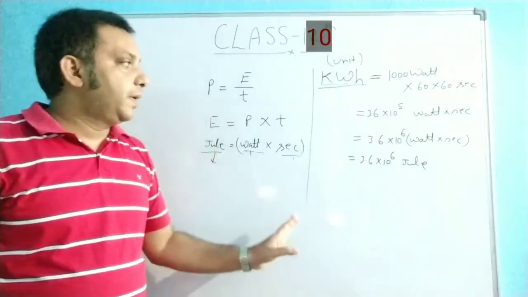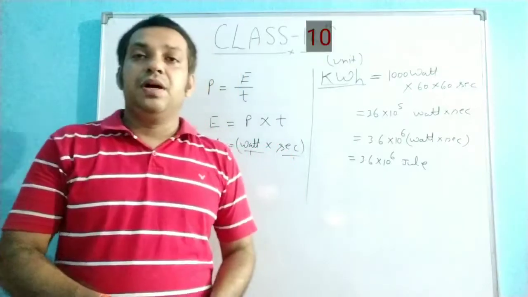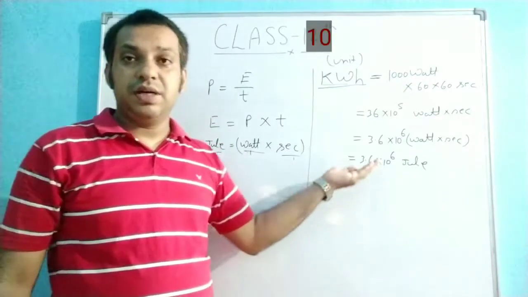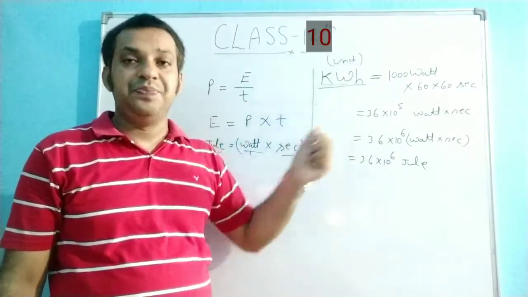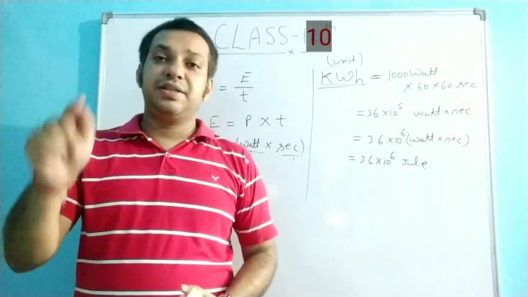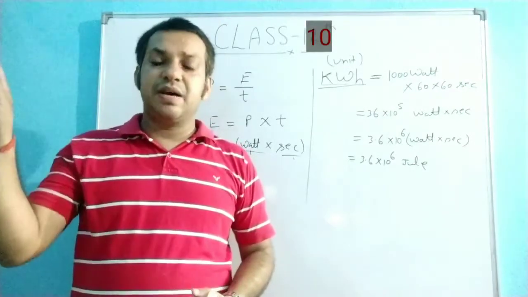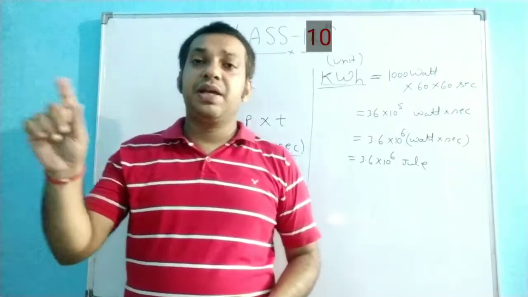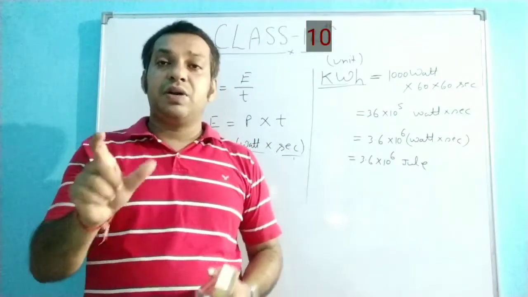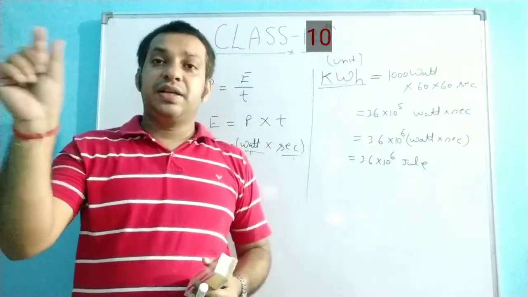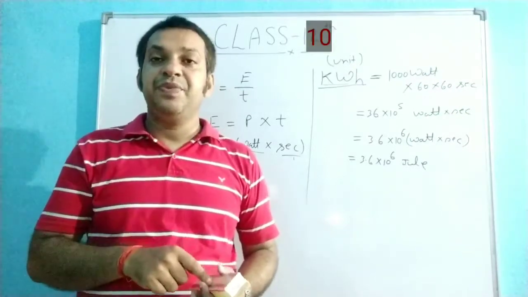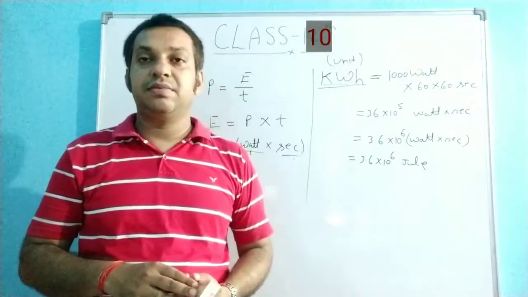So this is your 1 kWh. Your electronic meter in your house measures this value. In the electronic meter, a button is there. When you press the button, different things come: date, kW, kWh. The bill generating person presses the button, and whatever reading is displayed in the kWh section is fed into his machine, and then the bill is generated.